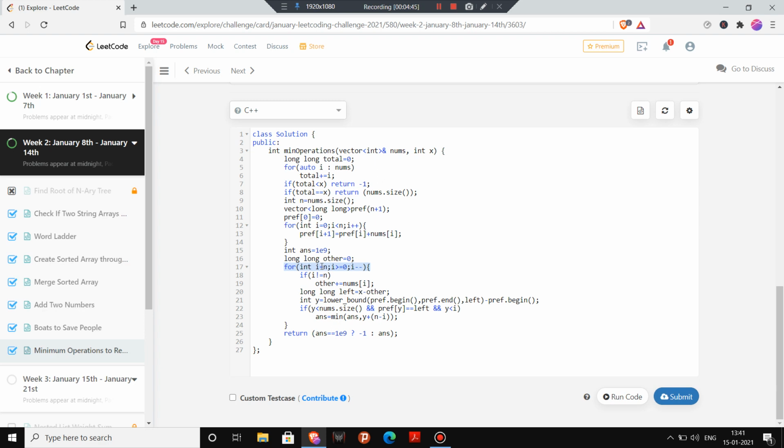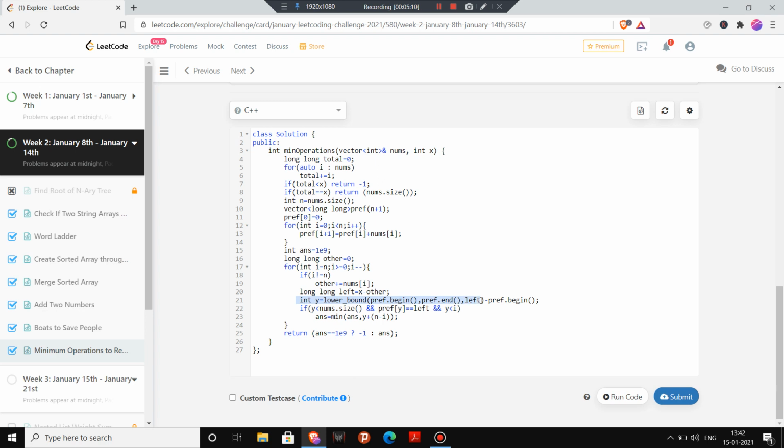It may happen that we don't need any element from the right, we need elements from the left only. So we are having I equal to n, so we will come here and long left equals x minus other. It means x only. Okay, now int y is equal to lower bound pref.begin, pref.end, left.